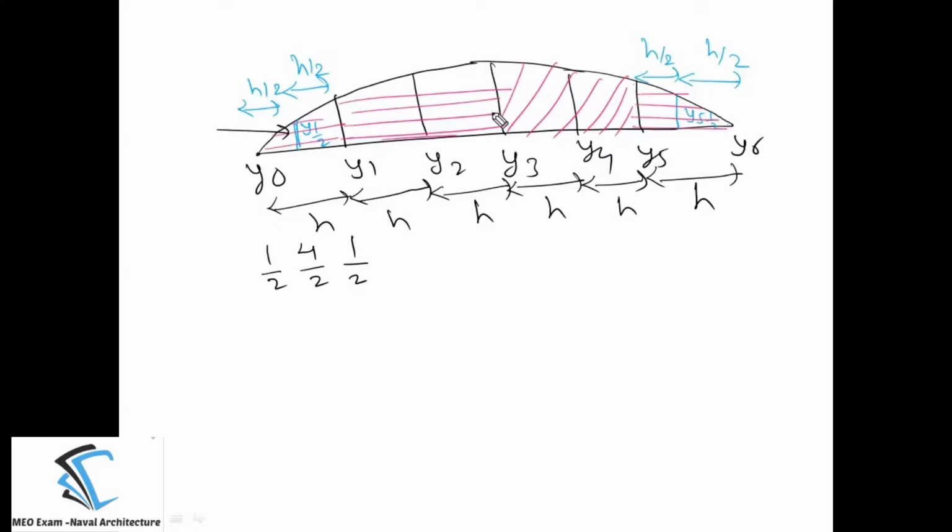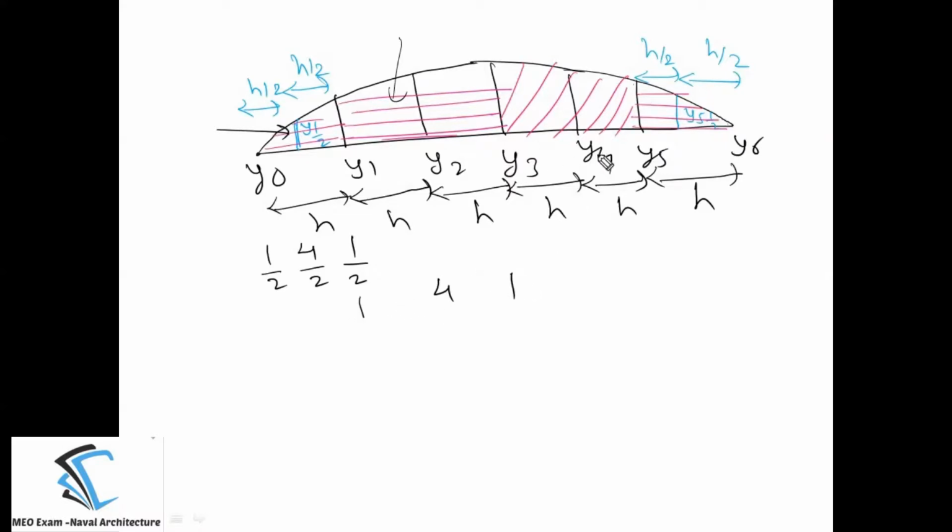Now coming to region number 2. In region number 2 and region number 1, y1 is common. So the Simpson's multiplier also you have to make common. So for region number 2, y1 is common between region number 1 and region number 2. So the Simpson's multiplier also you have to combine for the ordinate y1. But here in region 2 it is a full spacing, so you can write 1, 4, 1 only. You have to write 1, 4, 1 because it is a full spacing. The Simpson's multiplier will be full.